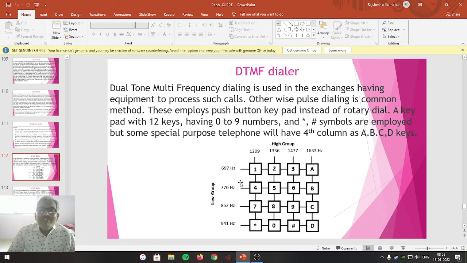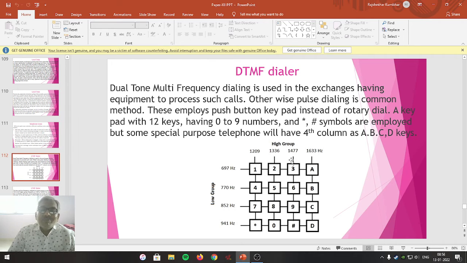The lower group frequencies are 697 Hz, 770 Hz, 852 Hz and 941 Hz. Whereas the higher group frequencies assigned to the columns are 1209 Hz, 1336 Hz and 1477 Hz. This is the normal keypad we use simply to dial the number.